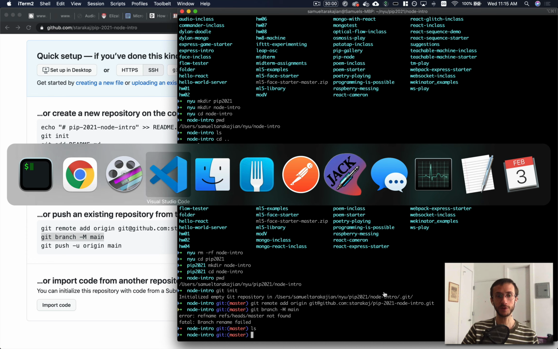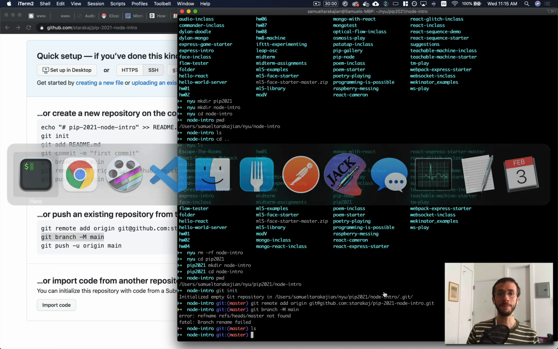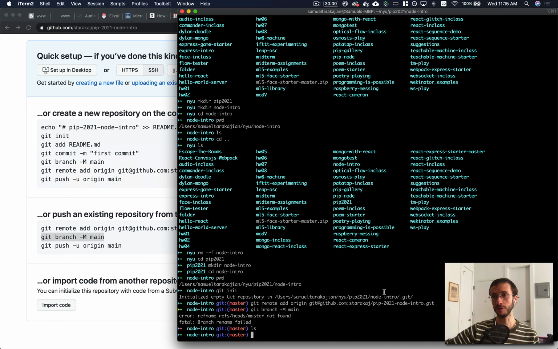I'm using Visual Studio Code as my code editor for this class, and I highly, highly recommend it. It's really, really nice. You don't have to use VS Code. You can use Sublime Text. You can use whatever you like. But for all the examples going forward, I'm going to be using VS Code. And there are some tools and plugins that go with VS Code that make it a really nice environment to program in, and I am going to be taking advantage of some of those